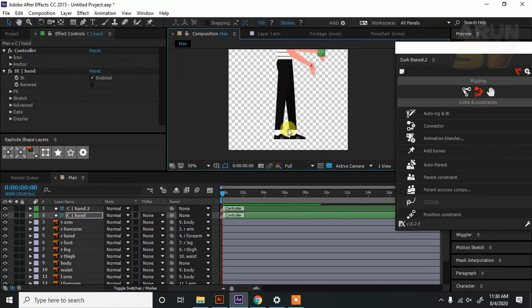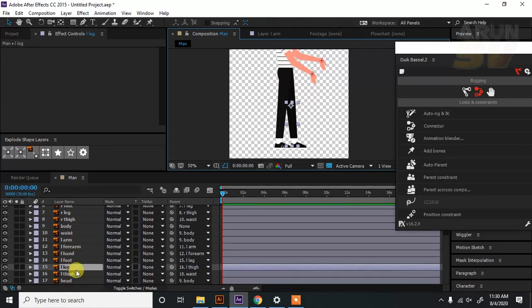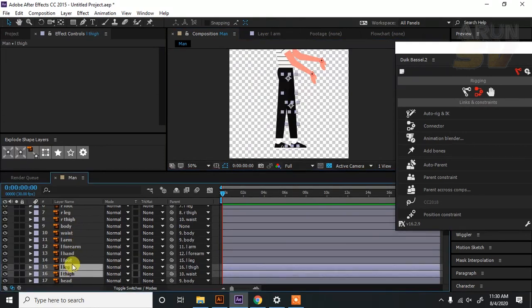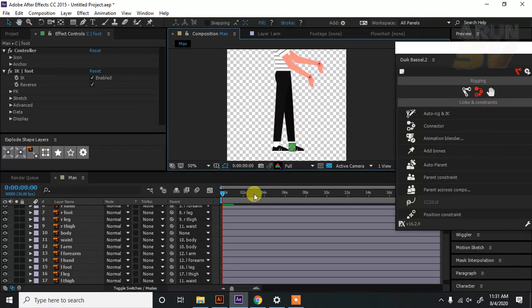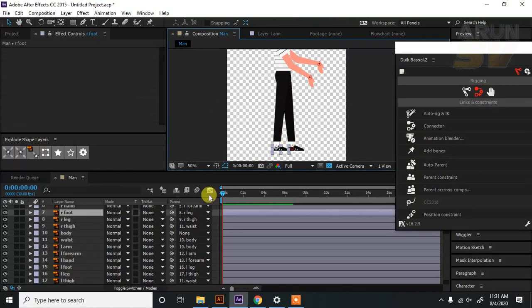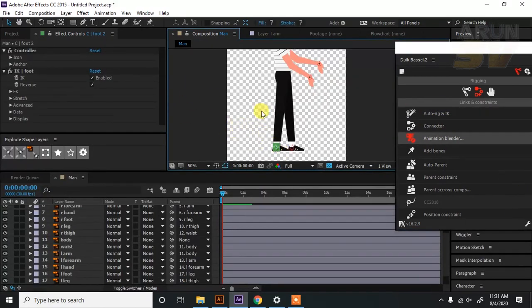Likewise, we are going to rig the legs also. So select the thigh, leg and foot of the left side, then click auto rig and IK. Likewise, select the right foot, right leg, right thigh and click auto rig and IK. That's it.